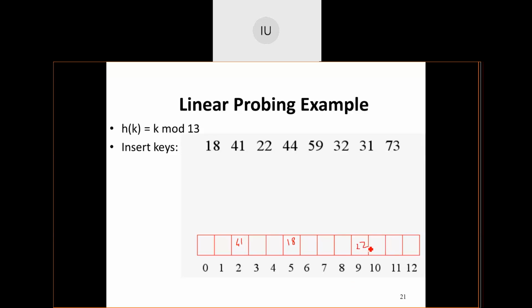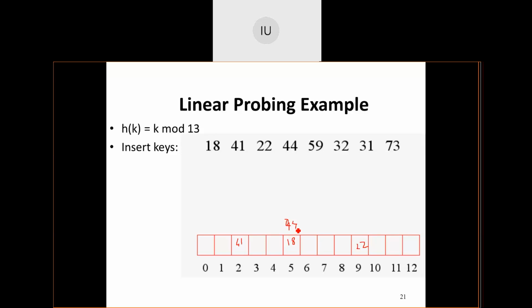44 takes 13 threes are 39, so 5 it takes. Okay, 44 comes at position 5. Now there is a collision. I have to map it. Instead of applying linear probing, I will apply quadratic probing.